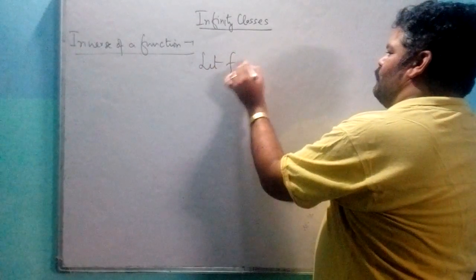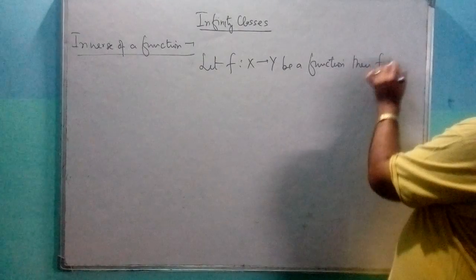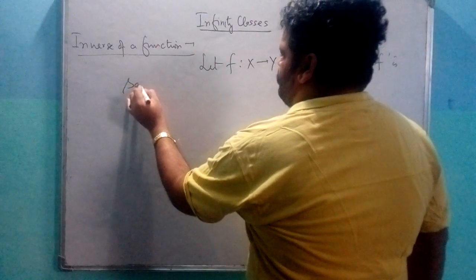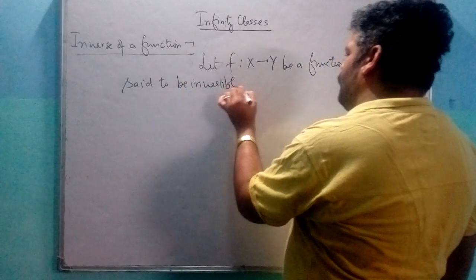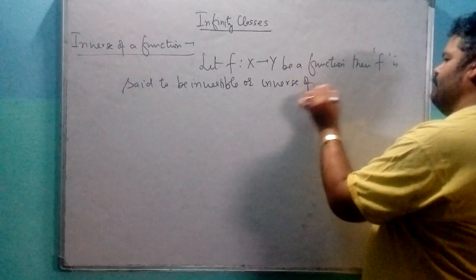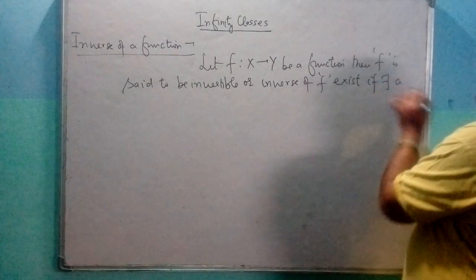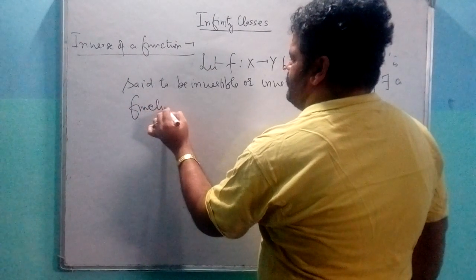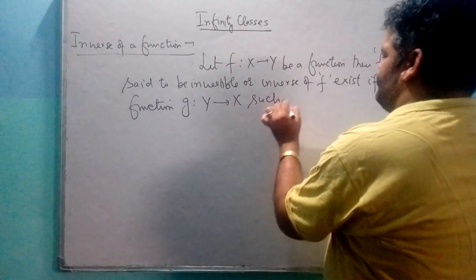Let f from X to Y be a function, then f is said to be invertible, or inverse of f exists, if there exists a function g from Y to X such that f of g